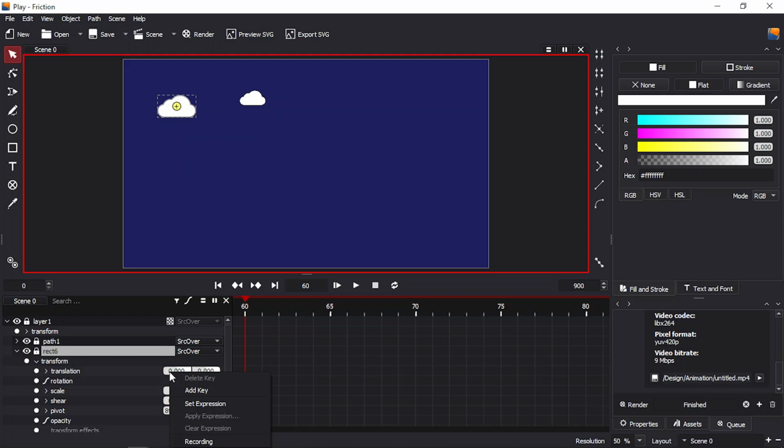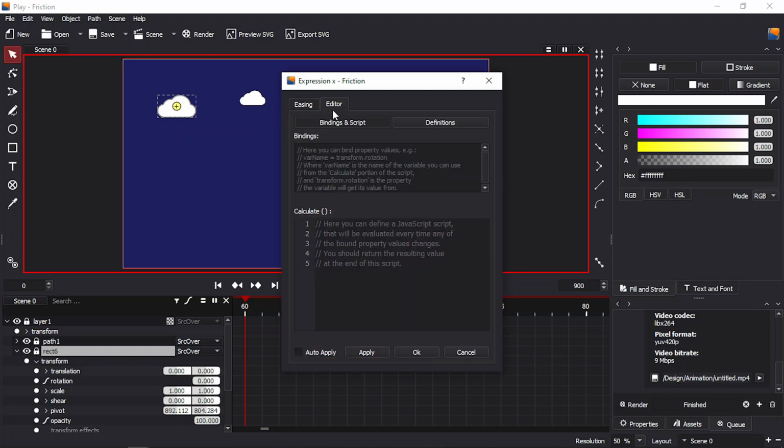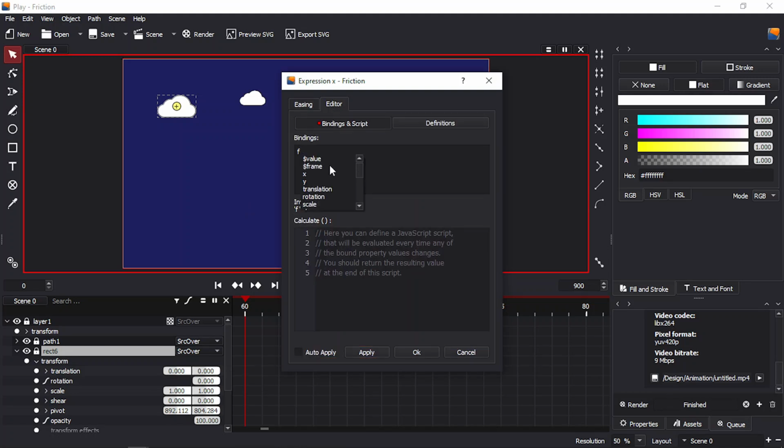So let me right click on the X value here and go set expression, and we will come under editor. Here we will write f equal $frame. We are putting every current frame into the variable f. This is how our expression is made. So in the expression we used f as the variable for the current frame. Anyway,